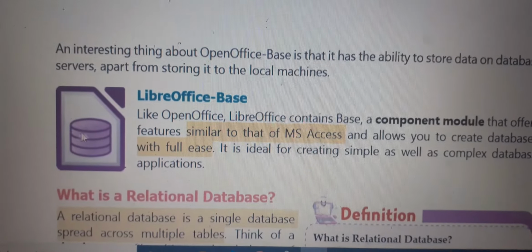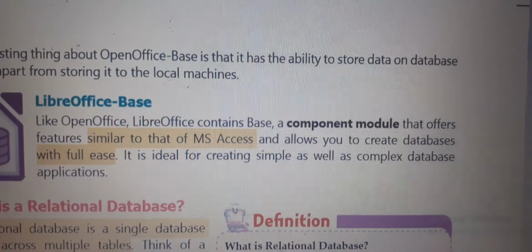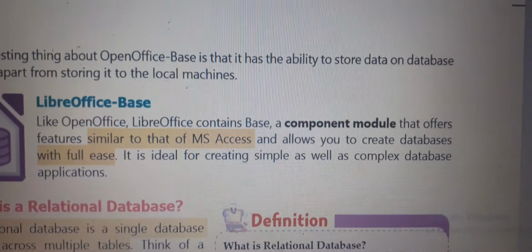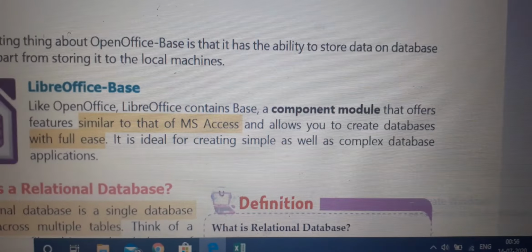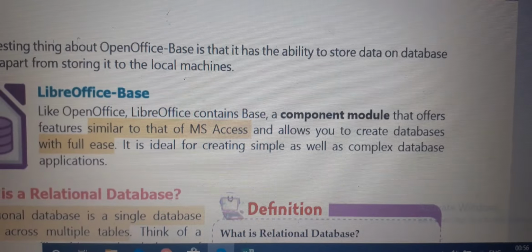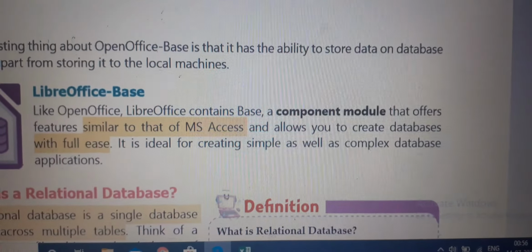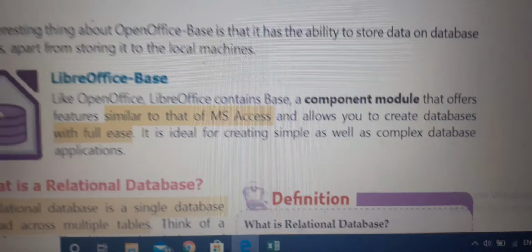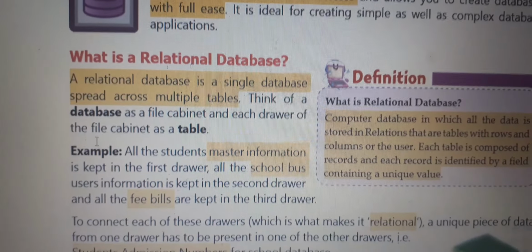Next, this icon is for LibreOffice Base. Like OpenOffice, LibreOffice contains Base, a component module that offers features similar to those of MSSS and allows you to create databases with full ease.